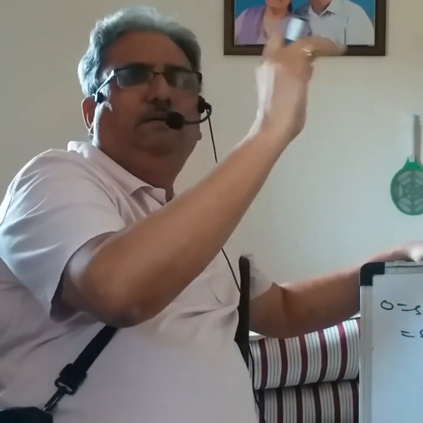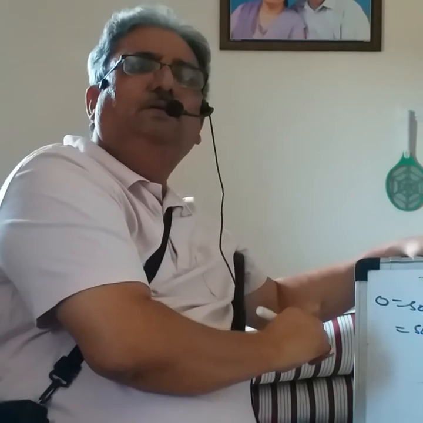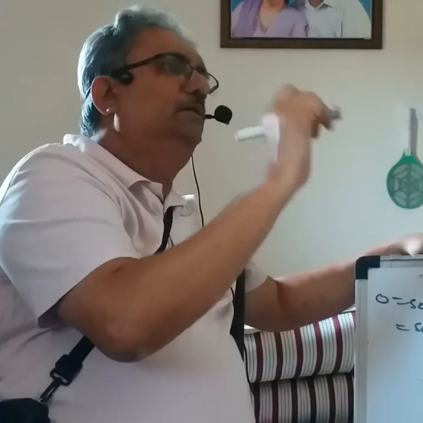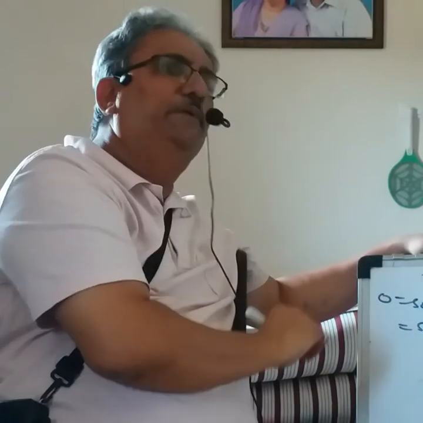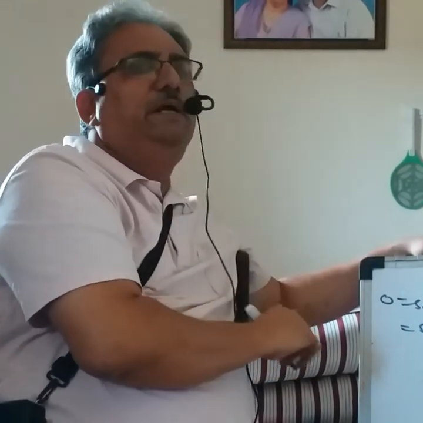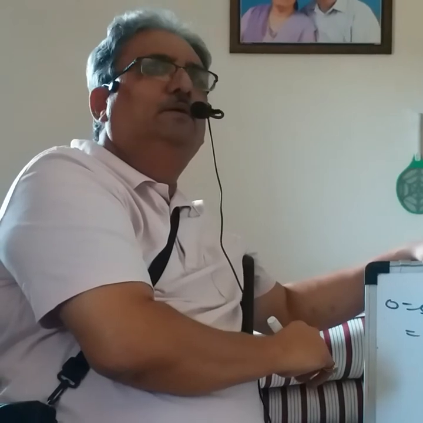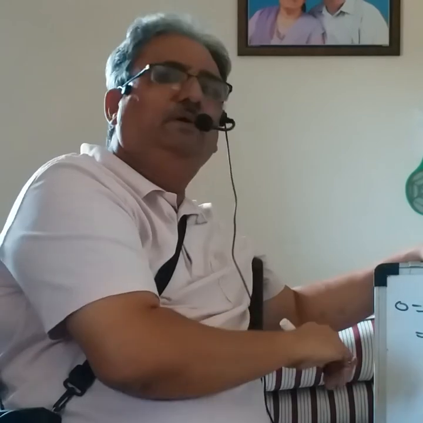Now you know that water is a solvent, and water has a boiling point of 100 Celsius. You measure this boiling point with a thermometer. When you want to measure the boiling point, you look at the thermometer, the mercury level rises, and at one place it becomes constant. That is the boiling point. So when you take the boiling point of water, it is, suppose, 100. Now when solute is added and a solution is prepared, the boiling point of the solution is higher. So the boiling point now increases.